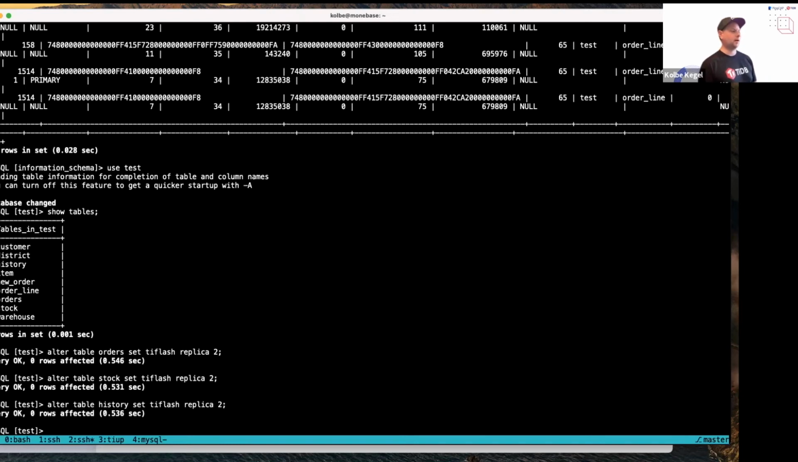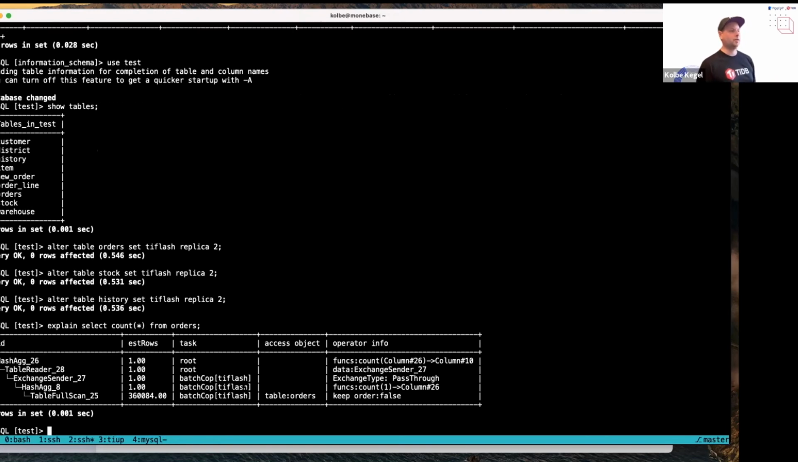So if we did something like select count star from orders, what do you think the explain plan for that shows? It's going to be using TiFlash. And the reason is that TiFlash is columnar. So counting the number of things in a table is super fast for TiFlash. Whereas to count the number of rows in a table for TiKV, you have to find the individual regions that are part of that table, and you have to go through each of them to find the number of current